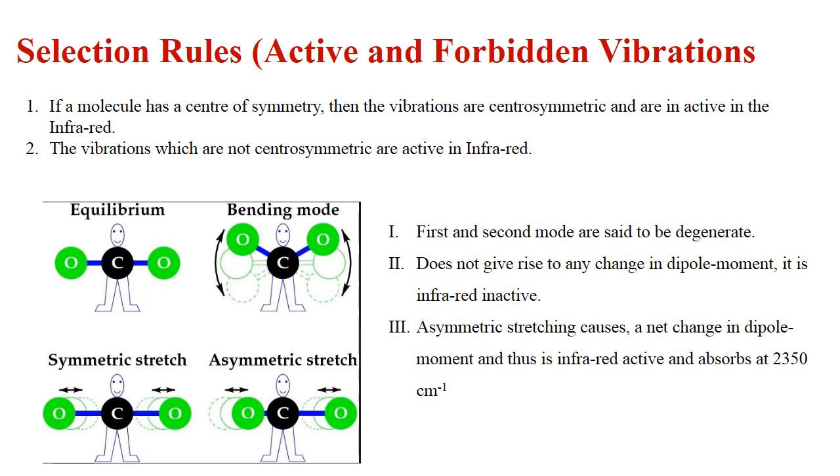So in the coming lecture, we will start to learn how to know if a molecule is infrared active or if its vibration modes are not going to be visible in the IR spectrum, and what the different rules are which will help to identify how many bands will appear on the basis of the vibrational degrees of freedom which we have calculated for a linear or a non-linear molecule. Thank you.